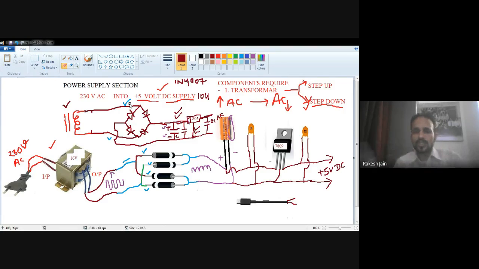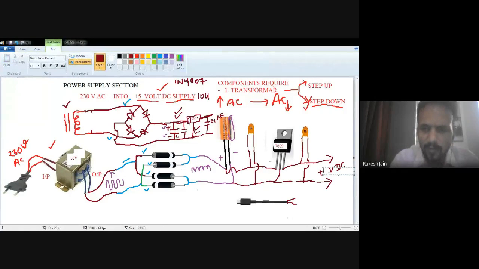Let's suppose I do not change the IC and I require a 9 volt DC power supply, so I connect 7809. The transformer you can use is 12 volt. If you use 16 volt, then no problem. The output will be 9 volt again because you connected 7809. The transformer need not be exactly 12 volt, just greater than 9 volt. But if it is 16 volt, then also no problem. It will generate only 9 volts.